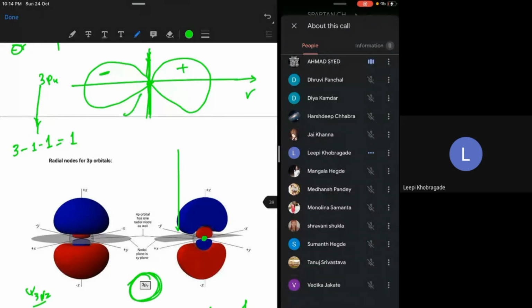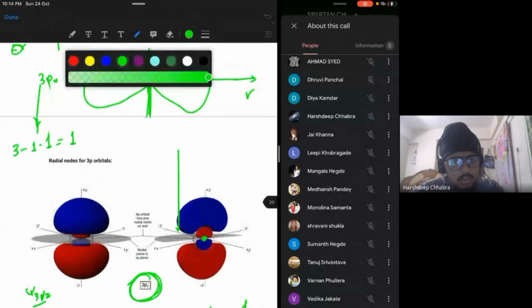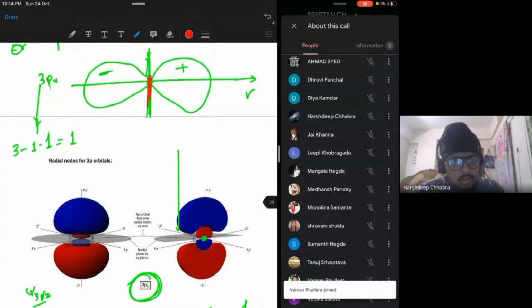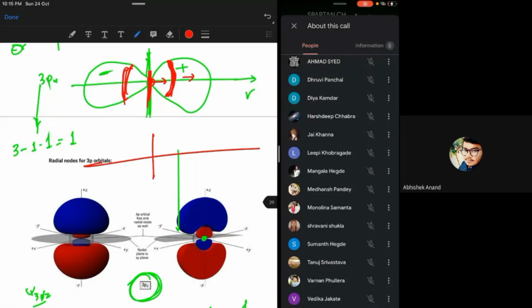No, that's the problem I want to tell you guys. This is what I want to teach you. This is not the radial node. Radial node will be here. As you go along the radius, here it will be 0, and then you will again have a probability, and here again it will be 0. So actually the graph will be like a 2p solid angle. It's like a solid angle because it's not changing with angle.